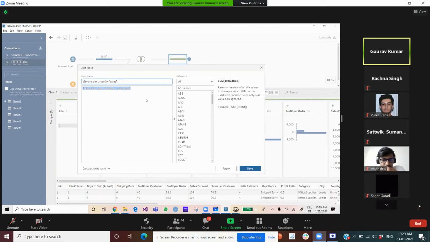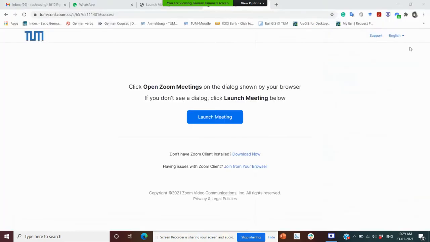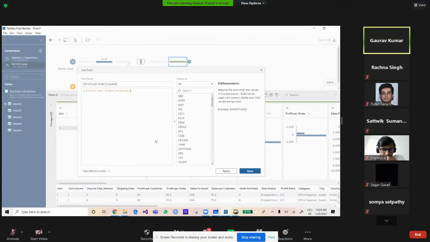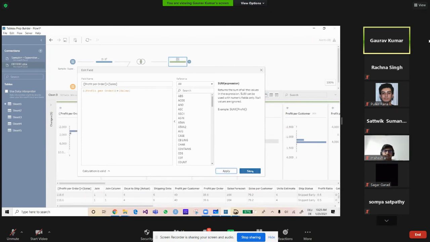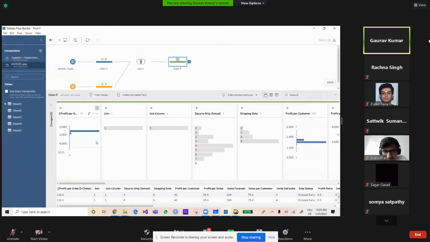If the calculation is wrong, I will show you how that works. If the calculation is valid, it will say that the calculation is valid. If not, I will show what message it conveys to the users. So just apply and save, and now you will see the created calculated field is another column.